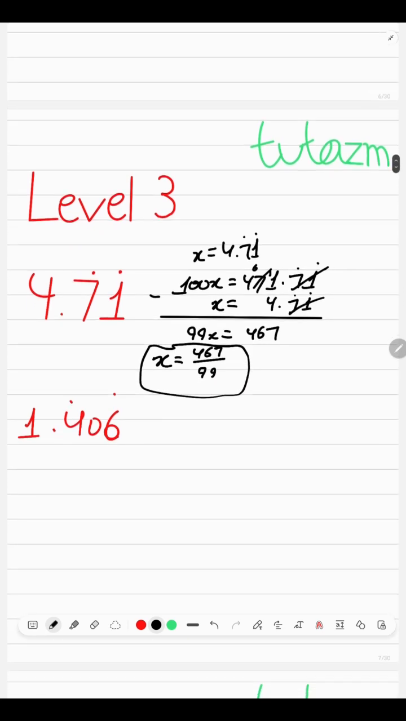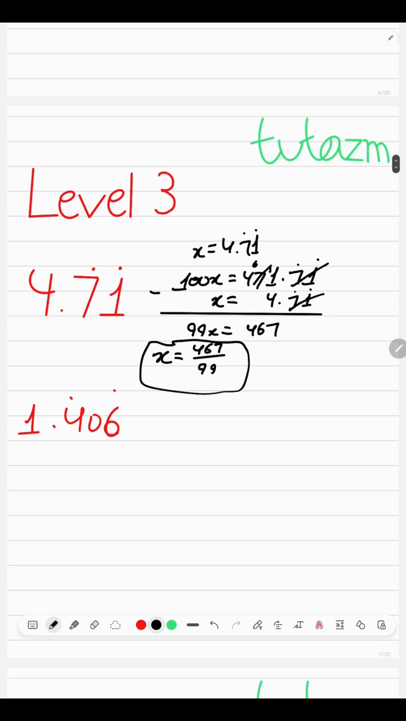Okay, let's take a look at the last question then. So 1.406, and then this would look like this. So it would be 1.406, and then 406, 406, 406, and just keeps going on forever. So because the last number that is recurring is 3 away from the decimal point here, we'd multiply it by 1,000, so it would be 1,000x